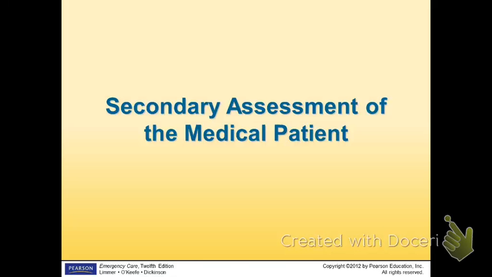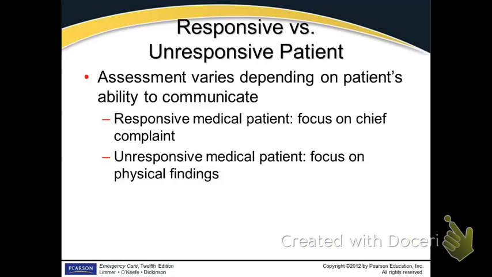And if you look at your skill sheet, you can sort of see the way that it goes. They talk about patient assessment on a responsive and unresponsive patient. Obviously, with an unresponsive patient, someone that's unconscious, the assessment is going to have to be much quicker, right? Because there's something wrong for that patient to be unconscious. So that's what you want to find out really quick. What sort of life-threatening ordeal do we have there